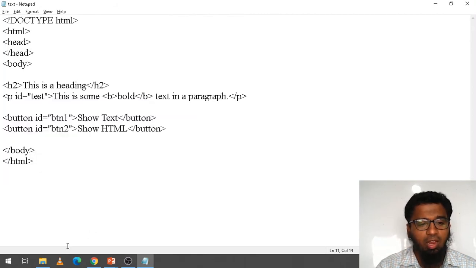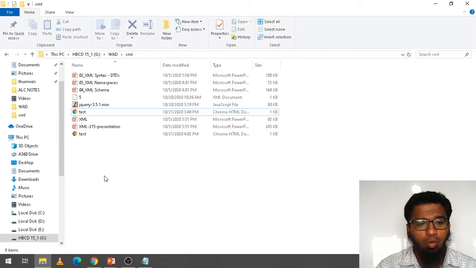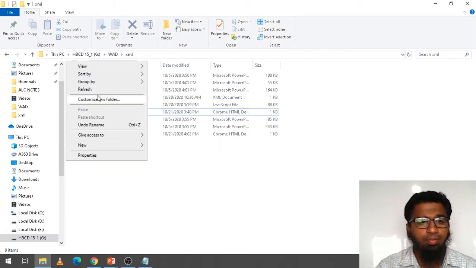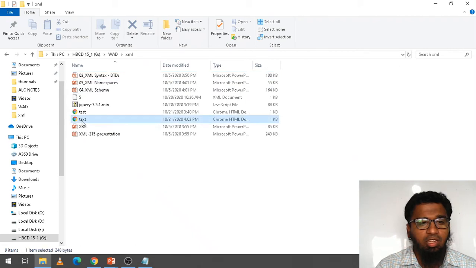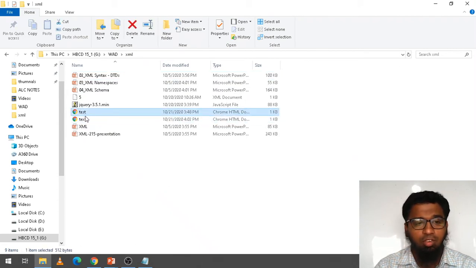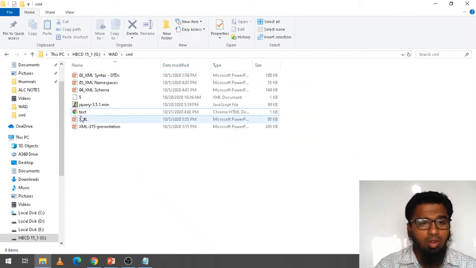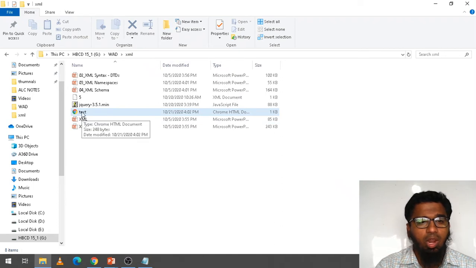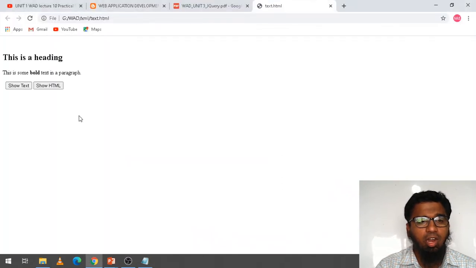I save the file, I will go to that place, and here text, you delete this, can you see text? When I open the text with a double click, can you see, this is a structure, and this is a heading, and this is a paragraph, and these are two buttons, Show Text and Show HTML.